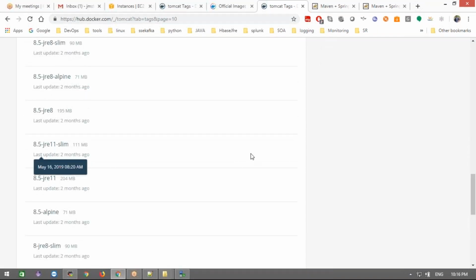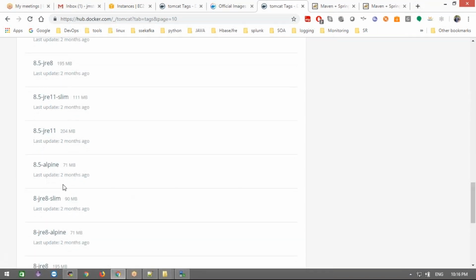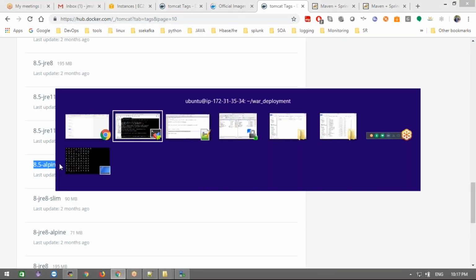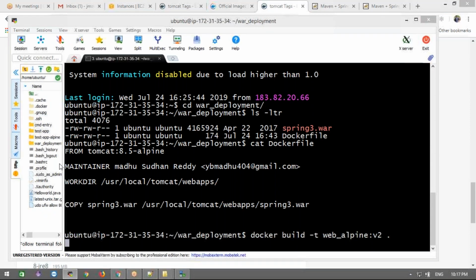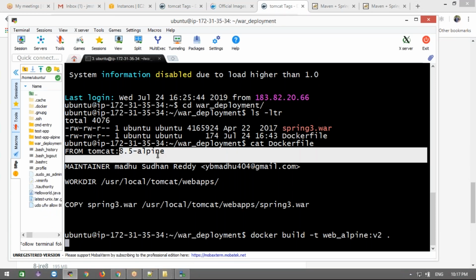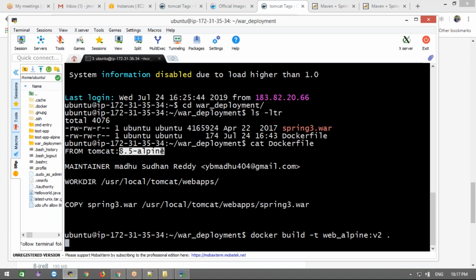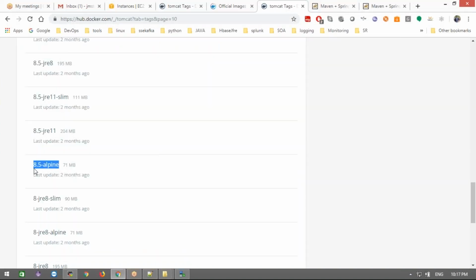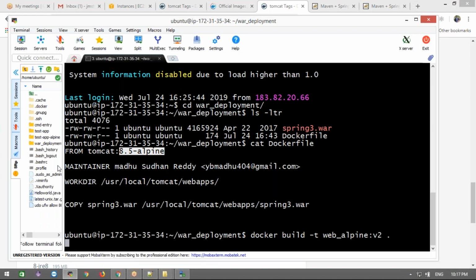This 8.5 alpine only I have taken. This name only I have taken and I pasted here. Tomcat colon alpine, this is what I have taken, 8.5 and alpine.